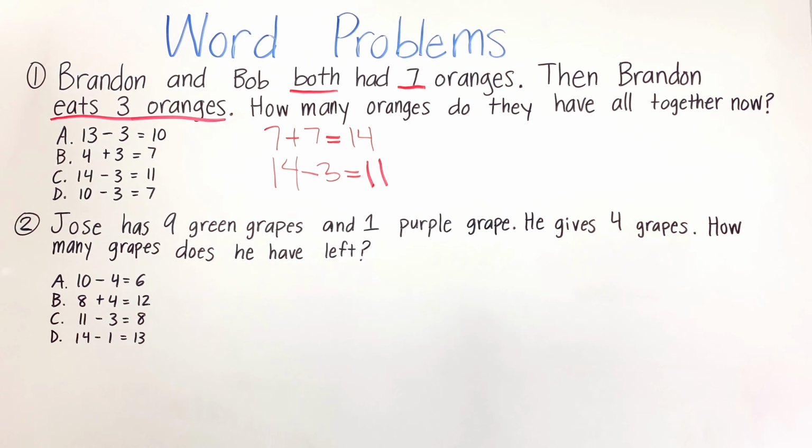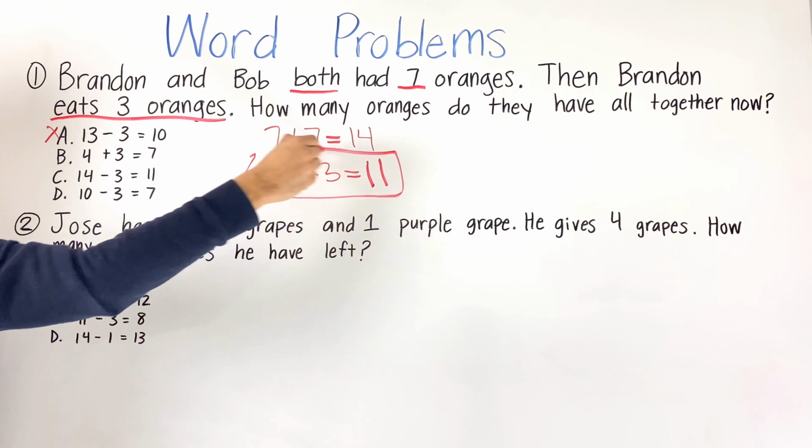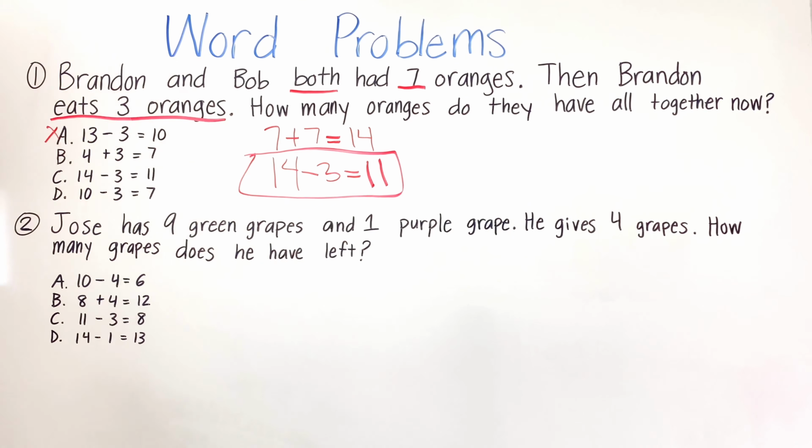11, okay? Now, if you go back to the left-hand side, you see A, it said 13 minus 3 equals 10. It's not, so we know you're going to X that out. Then we have B, 4 plus 3 equals 7. Does that look like that? It's not, so we're going to X that out. And then we have C, 14 minus 3 equals 11. Does that look like that? Yeah, so then we can circle the answer, and that's your answer for number 1,